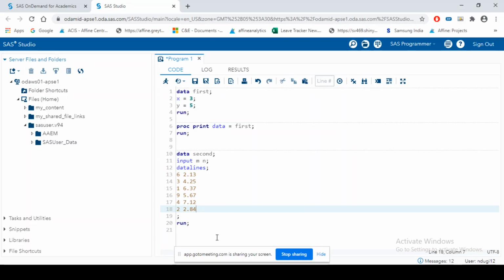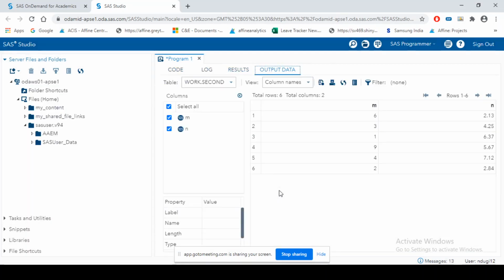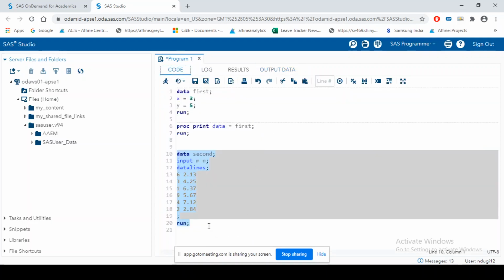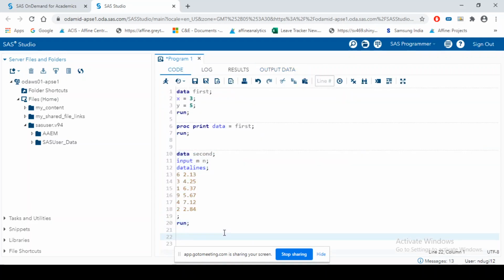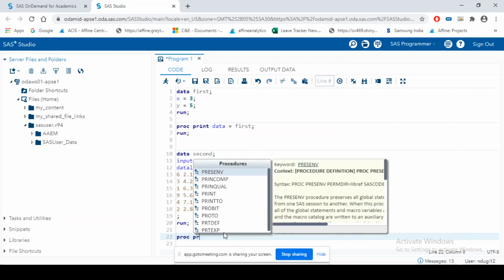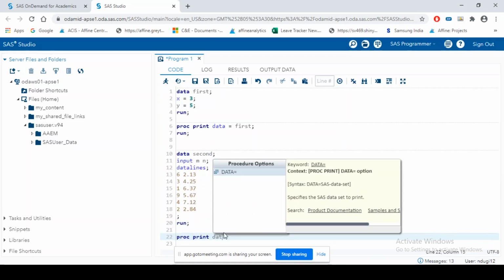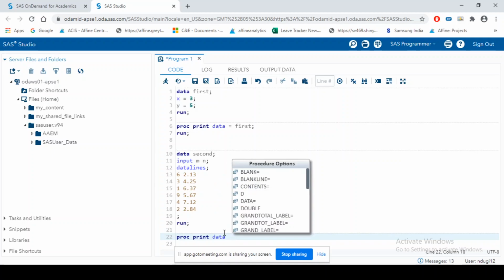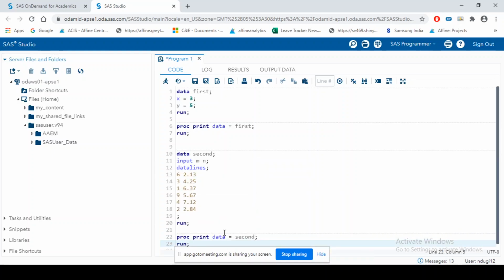If I run this, you would see work.second data set has been created. And if I want to see the observations, again I have to write proc print data equal to second and then run.